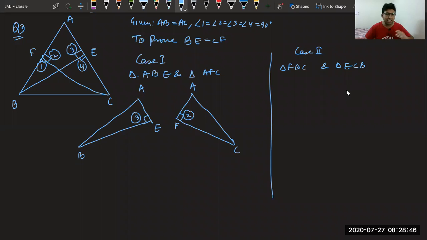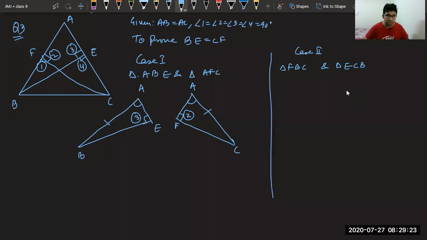In this case, now tell me, what do you know? You know AB equal to AC. You know angle 3 equal to angle 2. The third thing, all of you, what is the third thing? Very good, Ayush. Others, please try. What do you find common in these two triangles? If you see the figure completely, you will find angle A is completely the same. Very good, Bhavya. Very good, Ansh. So you can see this angle A is coming the same in all these triangles.